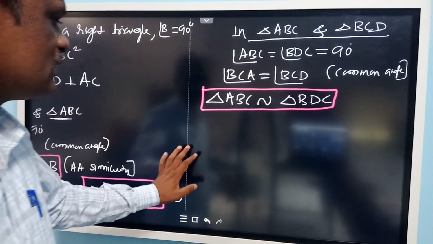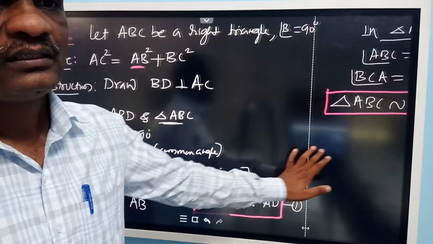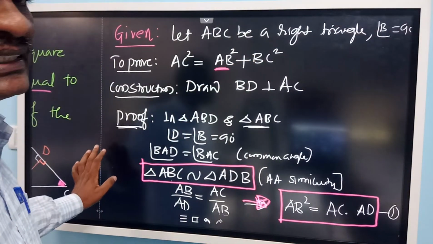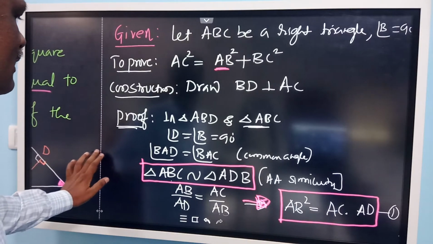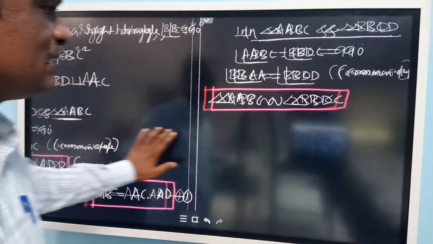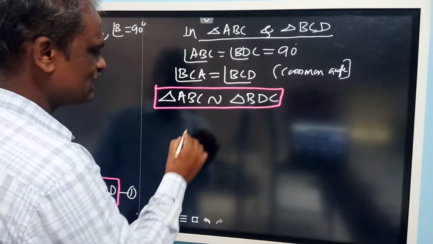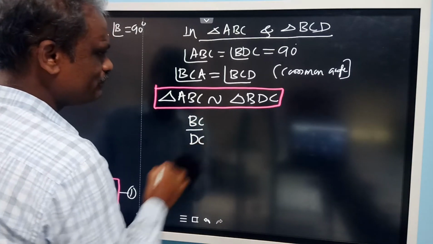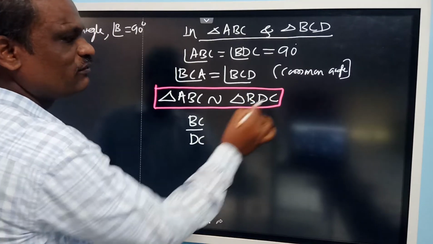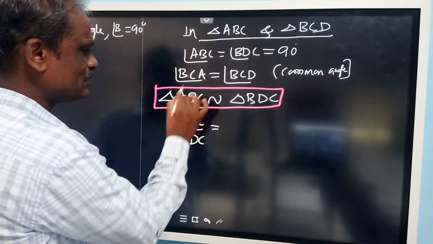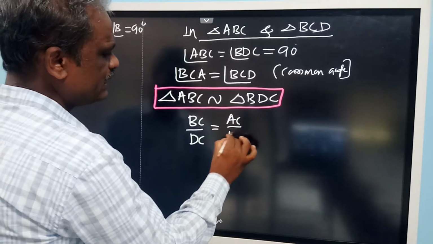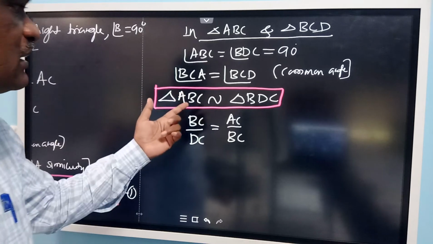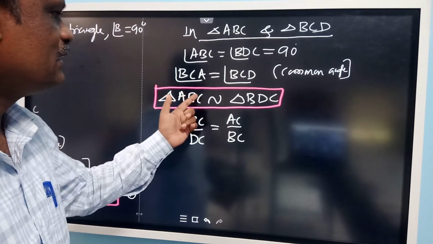Again here, out of three ratios, you have to select the ratios which contain BC as a side. BC means you take the first and second and third one. BC, here second and third one DC. So BC here first and last, therefore I will take here also first and last. So AC by BC. So you got BC by DC is equal to AC by BC.